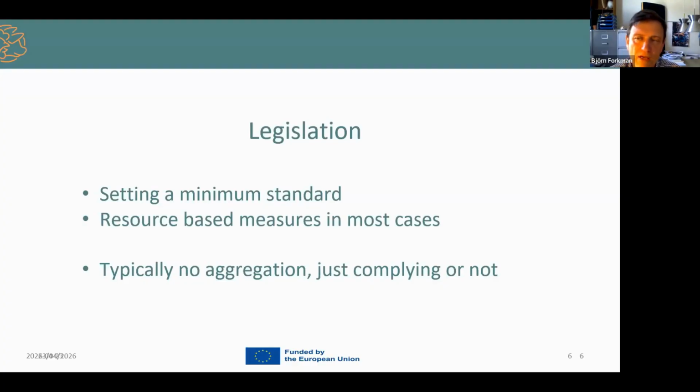And the reason why legislation and certification choose to use resource-based measures is that they give a degree of predictability for the farmer. So if you come to a farm and you say, all right, you can have a maximum of 18 pigs per pen,